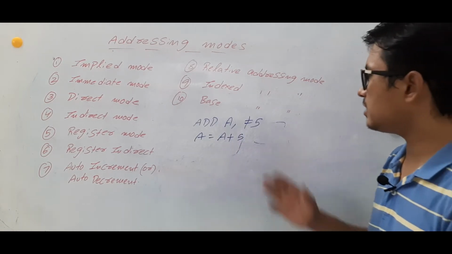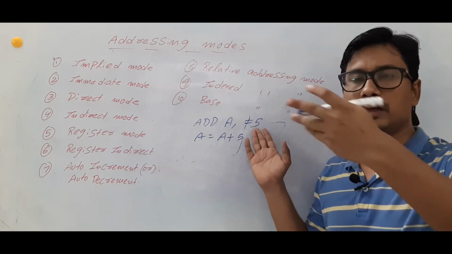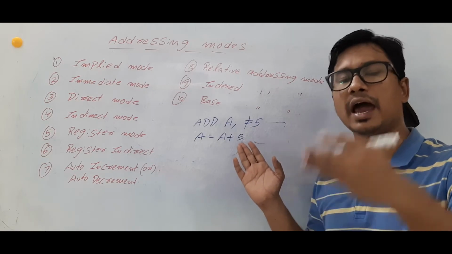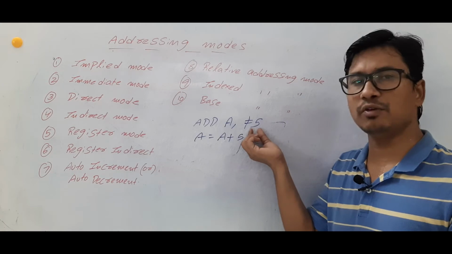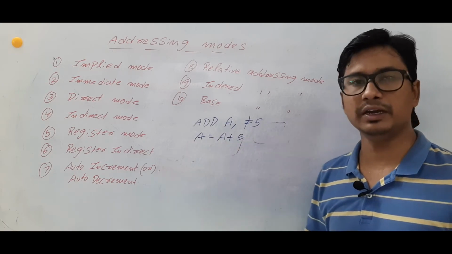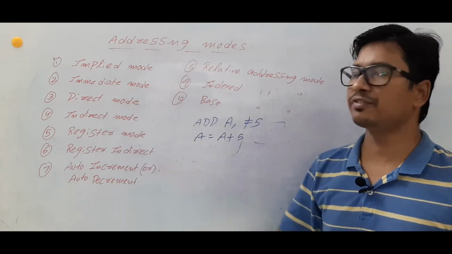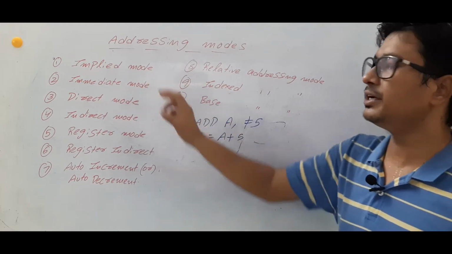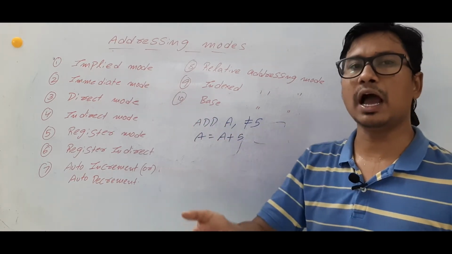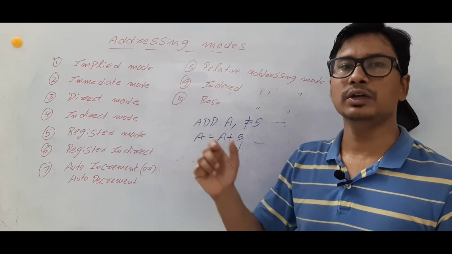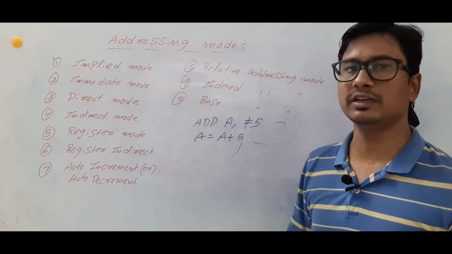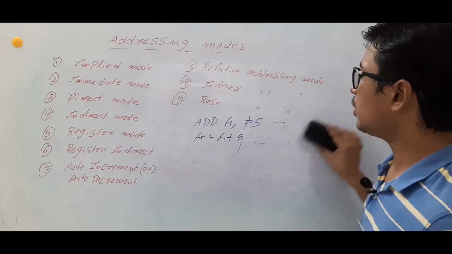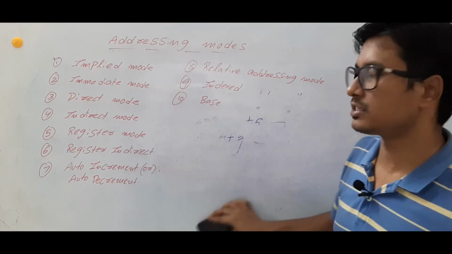So this is very easy. I do not need to access the operand B, where it is and what value is there. All these things I do not need to do. The value is directly there, and I have to perform the addition. So this kind of category we call the immediate addressing mode. So in the immediate addressing mode, instead of giving the operand address, we give the operand value directly in the instruction. Now what is a direct addressing mode?